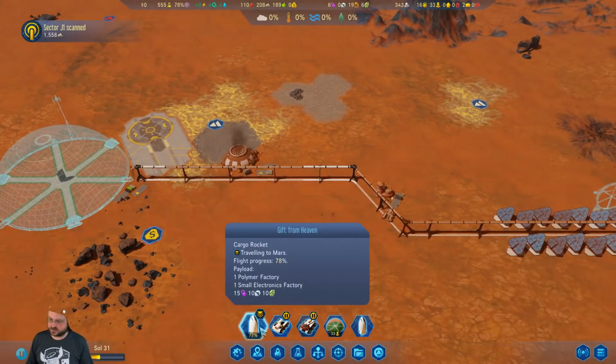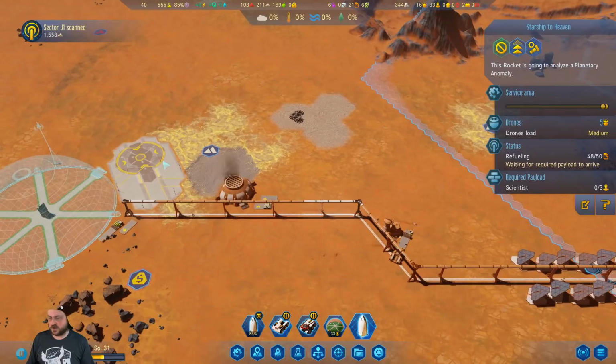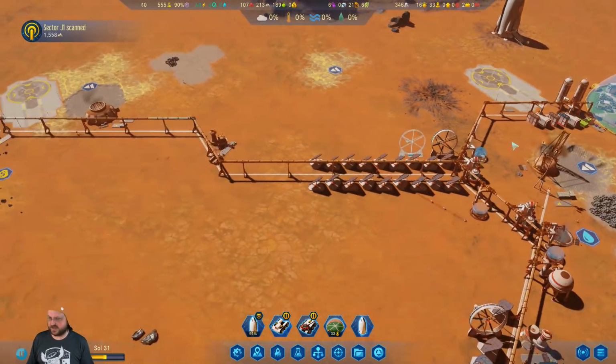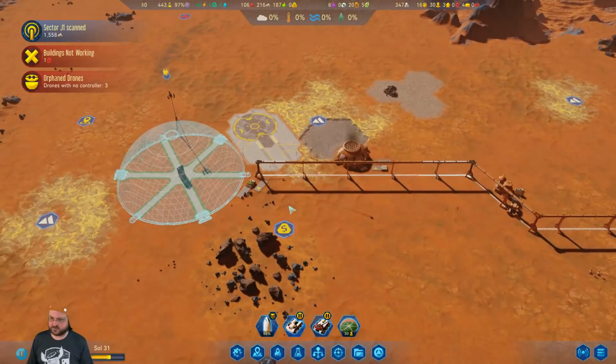And yeah, this thing's got polymers. We'll just land it there. You are still refueling. I didn't bring the fuel refinery, so yeah, we won't be able to fuel this one up. Well, I mean, it will. It'll be a slow trickle, but fuel will get moved over eventually. But I guess as long as that one can take off, it should be